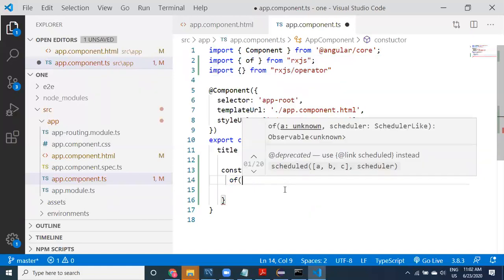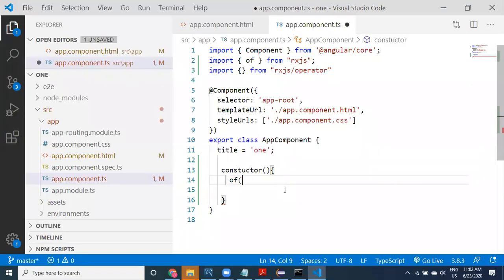To work with RxJS, I need source data. Like whenever we call http.get, it goes to the backend and fetches the information. Based on that information, I have to display the data.